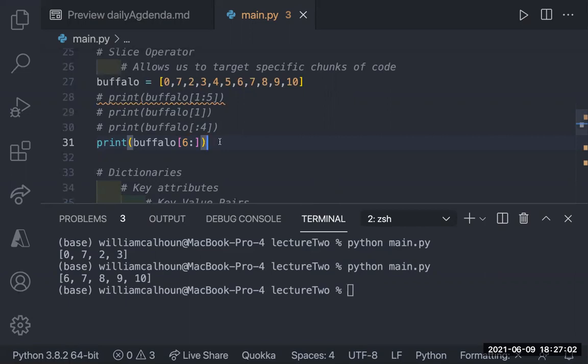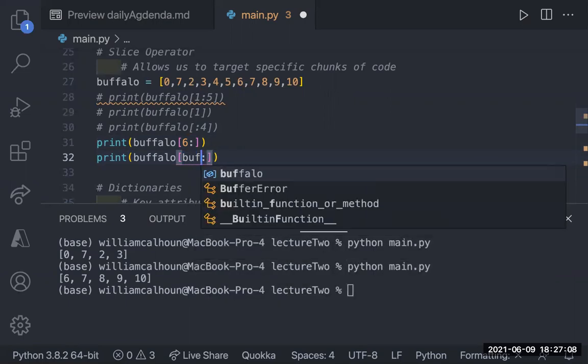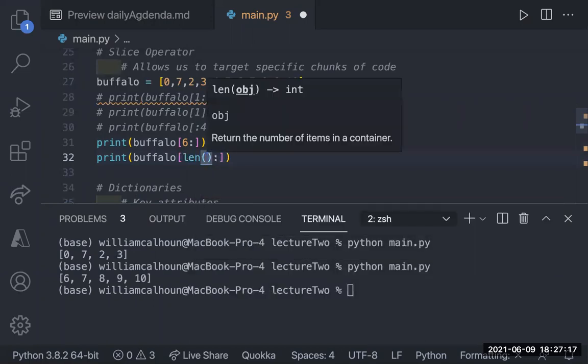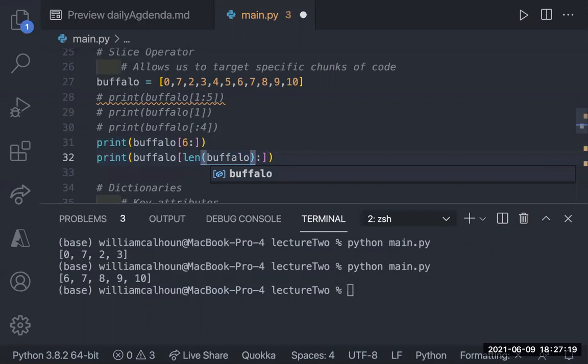Any questions on this? I'm gonna try something. I don't know if this will work. Oops, I want to try the length of Buffalo. I wonder if this is going to get me the middle position.